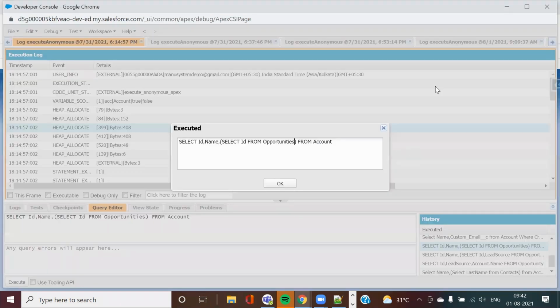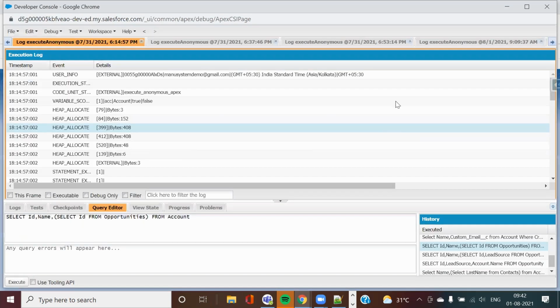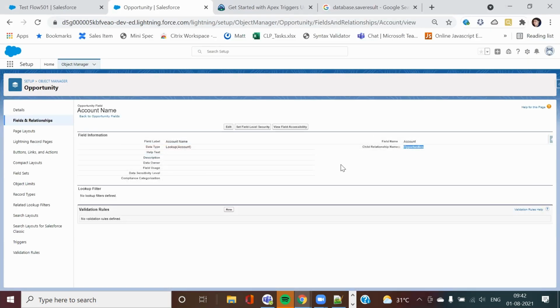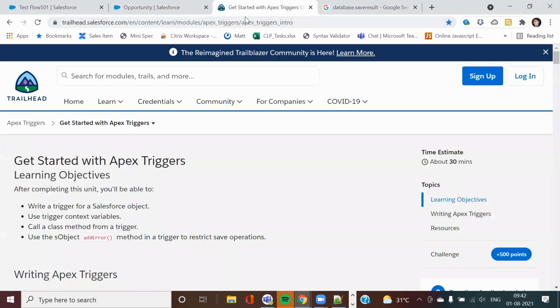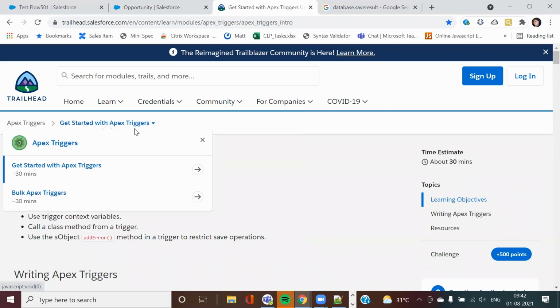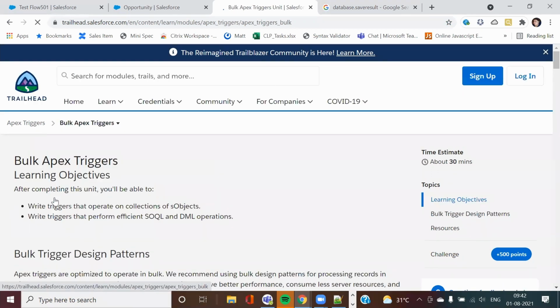Okay. So now this all is covered. Triggers, now you can go into the Trailhead and try these things out. The second one, I already discussed with you, the bulkification of triggers.